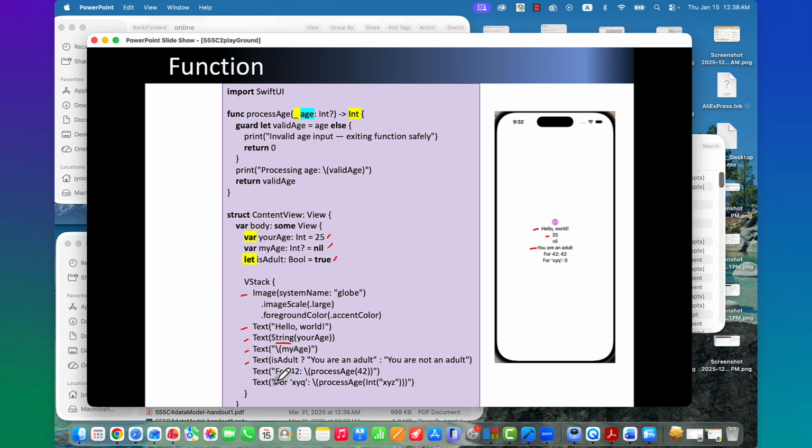And then the next one is 25. If it's 25, 25 goes to here, processAge. This is the function call, function invocation, of the function that we defined here, processAge. We enter 25. Then 25, if you see here the declarations,